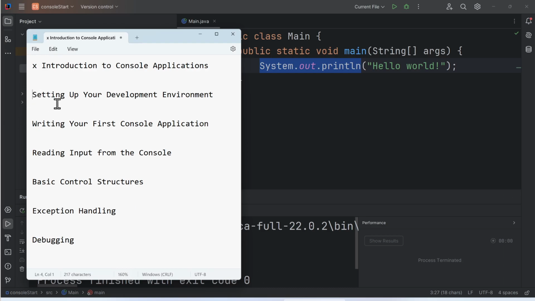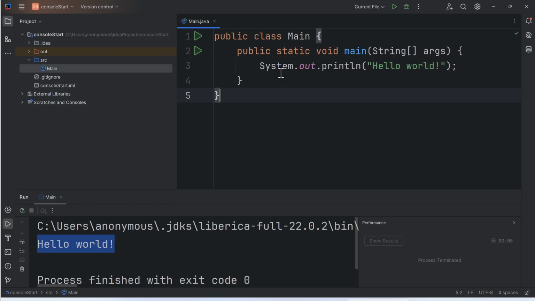So the next part of this is we want to write our first console application. Check. We did that. But we also need to know that there are different ways of printing to the screen. One of them is the println. This is one way of doing it. There is also, if I just say